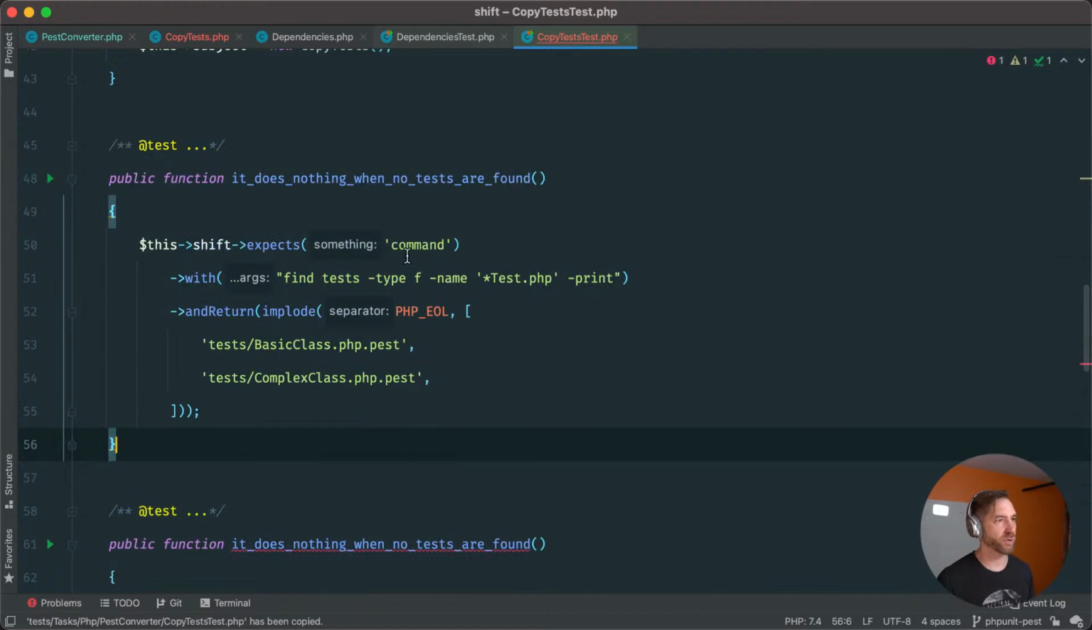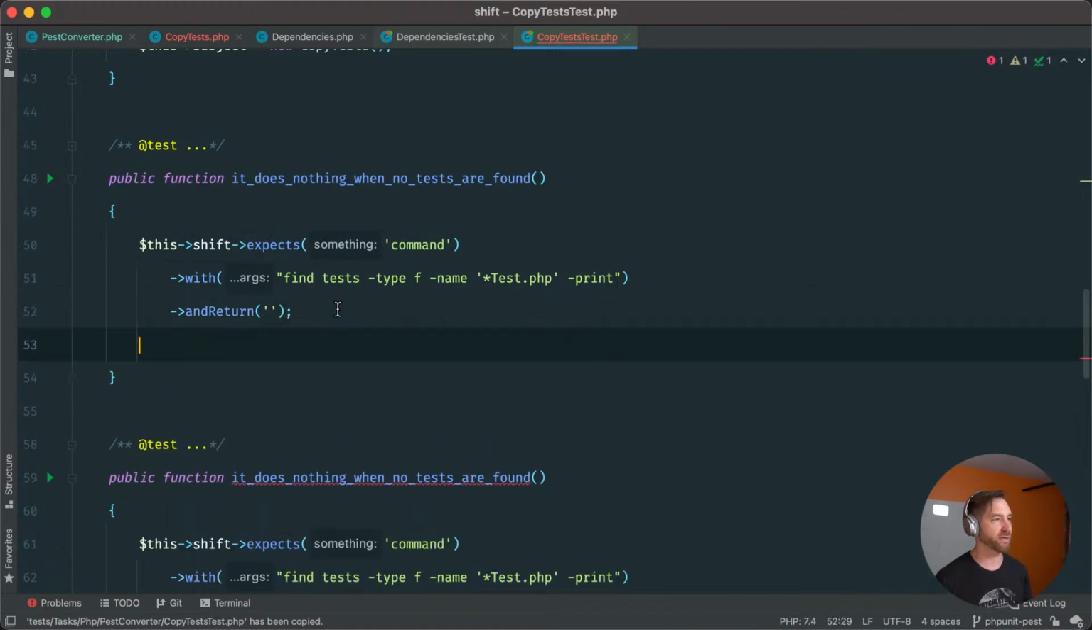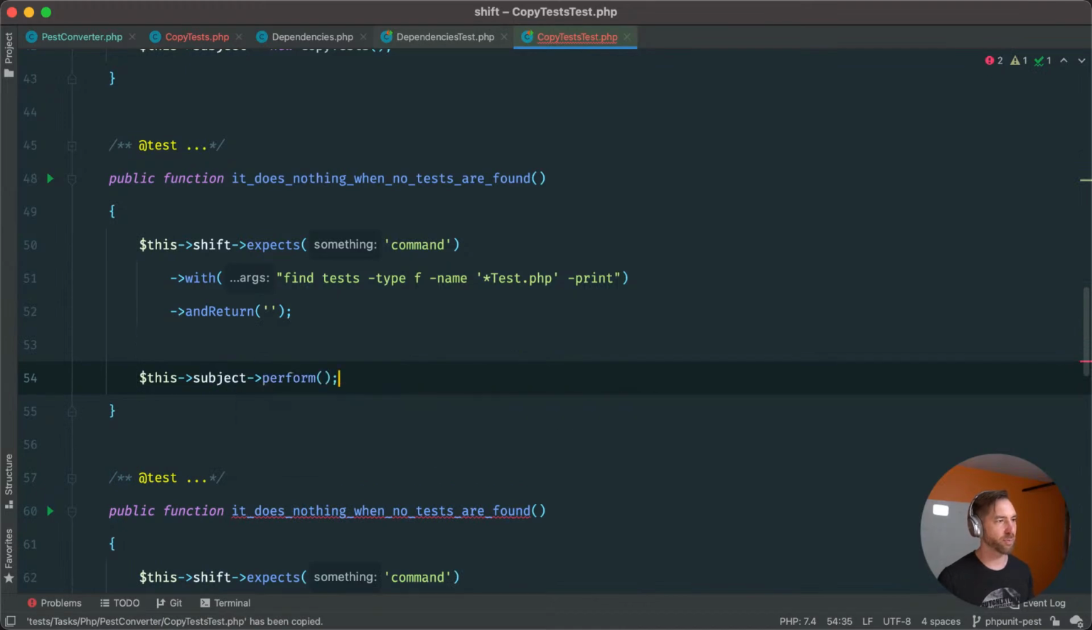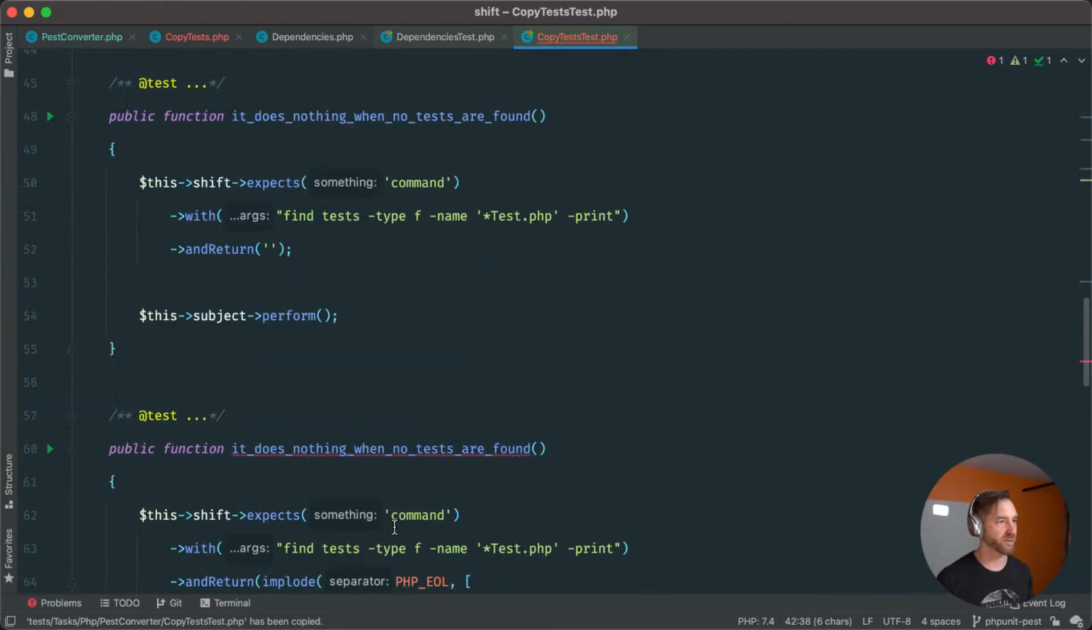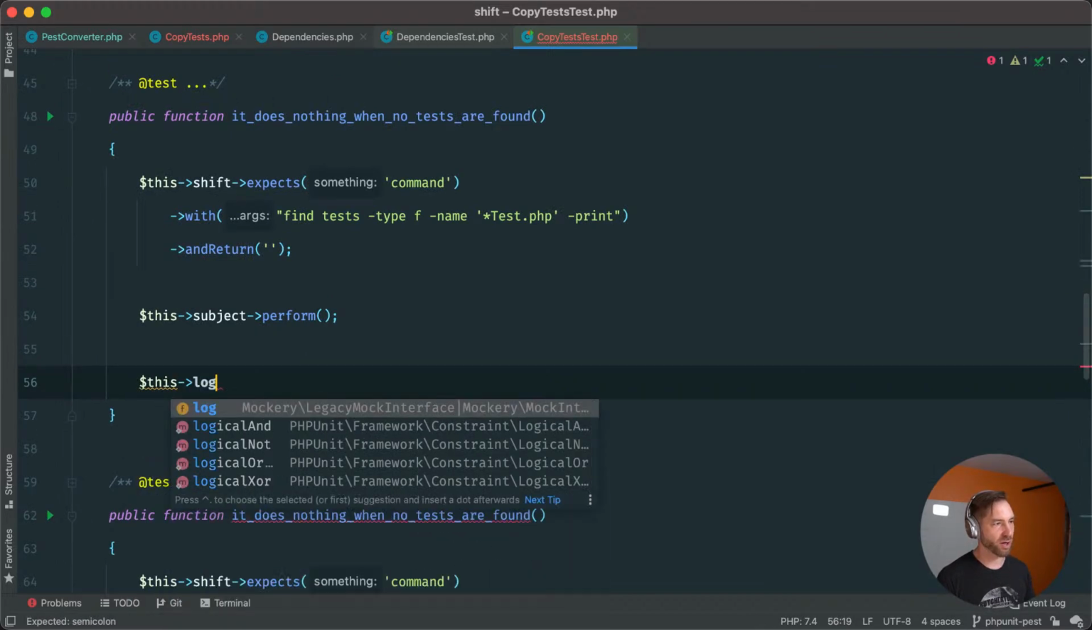So it does nothing when no tests are found. We're going to run that command, and now we want to say nothing's returned from that find command. We'll do this subject perform, which subject is our copy test. And then actually, you know what? It would be nice if it maybe just logged out